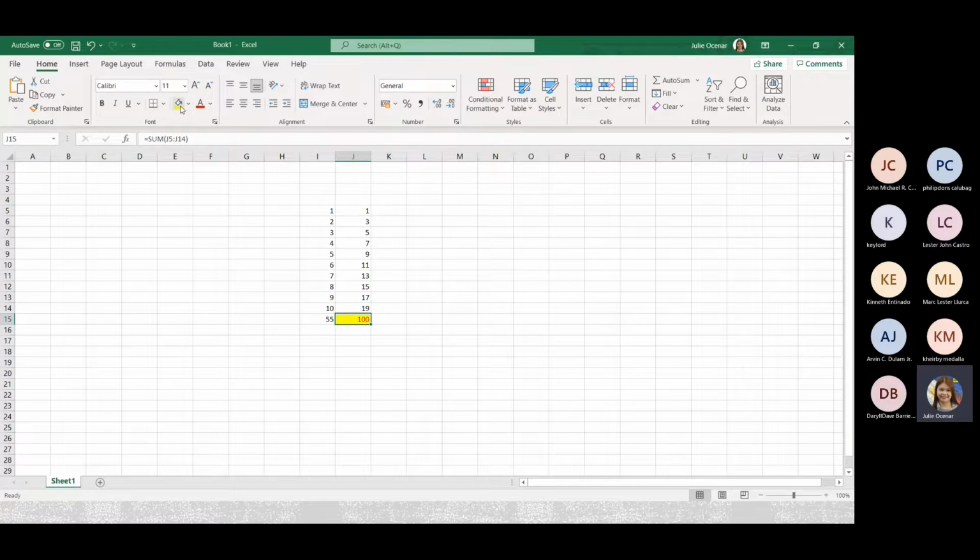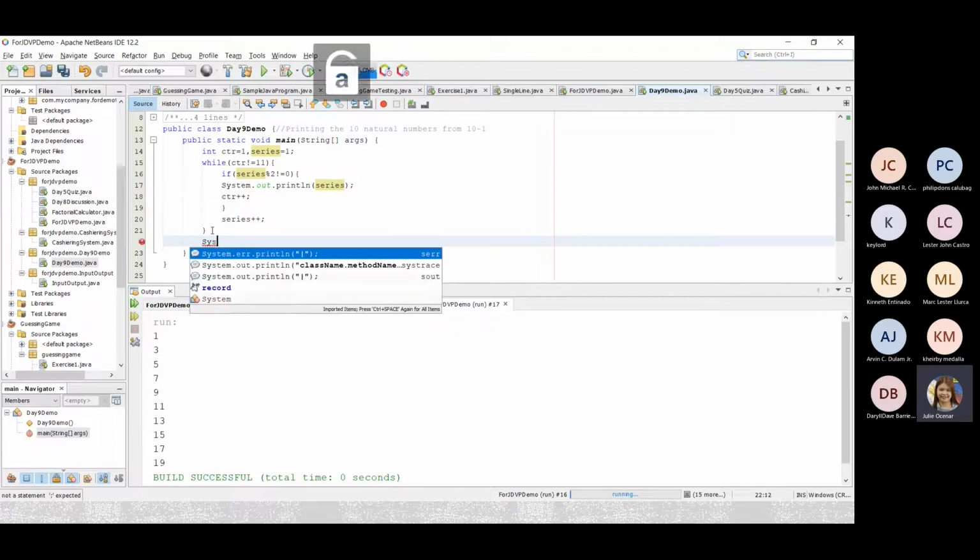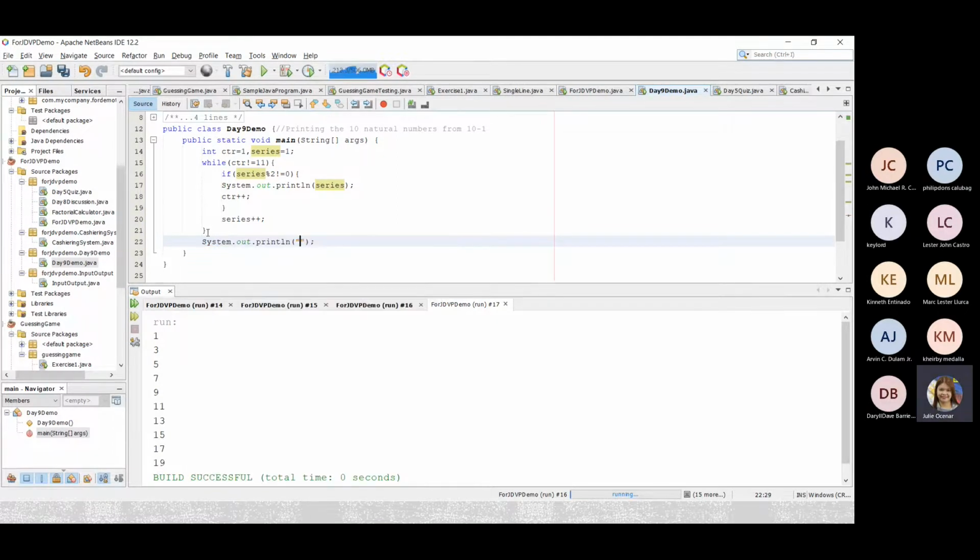Okay? So, ito dapat ang makikita natin, the 100. Okay? So, pwede natin ilagay dito, after ng while statement natin, we have here System.out.print, the total value of the first 10 odd number is,